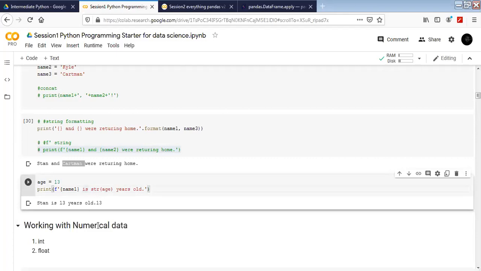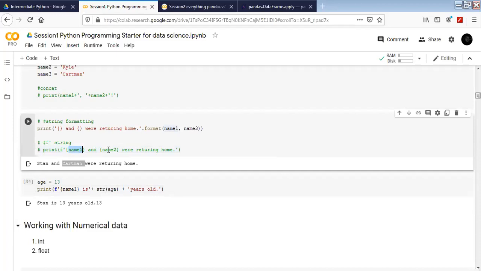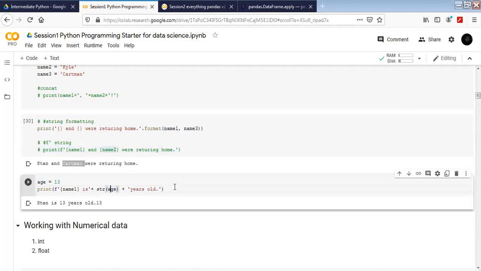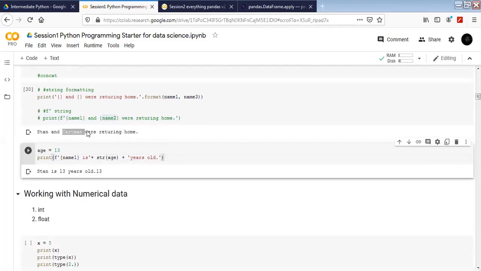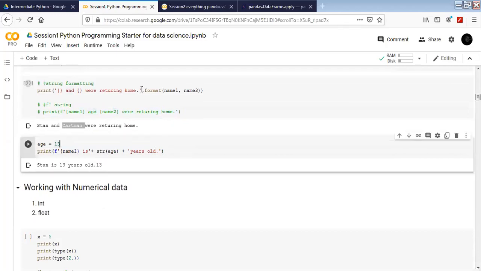For that, str age, then plus, and then we will need to use plus again here, like this. This would have been a very big problem for us to change the sentence like this. Earlier, we were able to just pass in the two variables in between and it was fine for us. That's why we are using the f string or format strings.